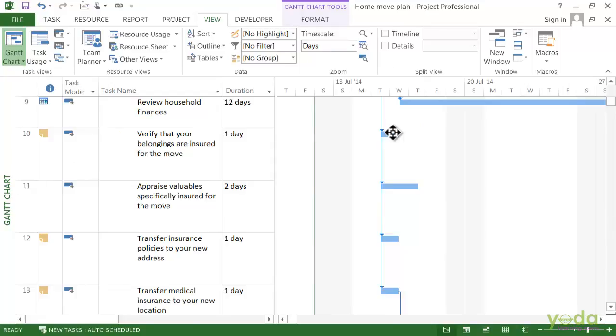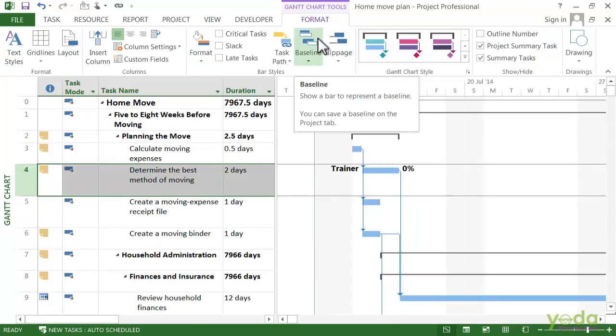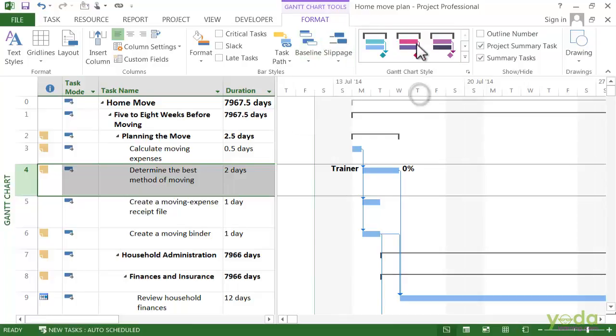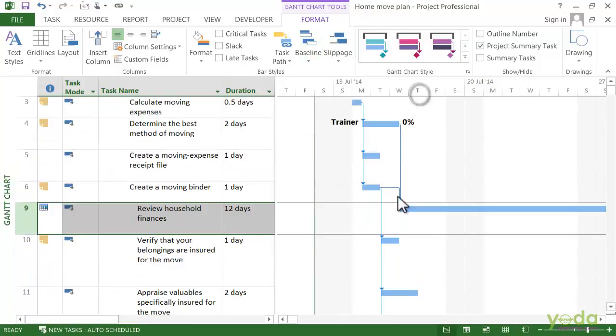Well, if you need to home in on the task links, there is a new feature in Project 2013 that's great for that. So to do that, go to the Format tab, and the first thing to do is turn off the summary task. So over in the Show/Hide section, turn off the summary task checkbox, and that way you see the work tasks in your project.